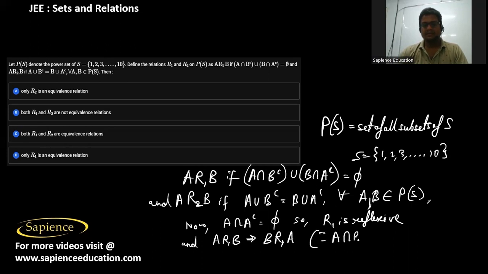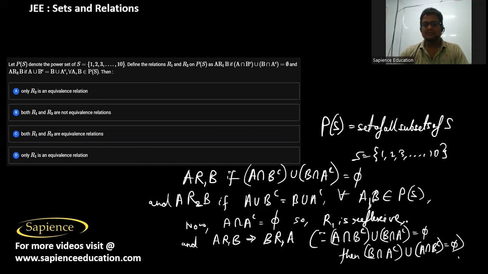Since A intersection B complement union B intersection A complement, if that is phi, then we can also say that B intersection A complement union A intersection B complement will also be phi. So therefore R1 is reflexive and R1 is symmetric also. Now for transitive,